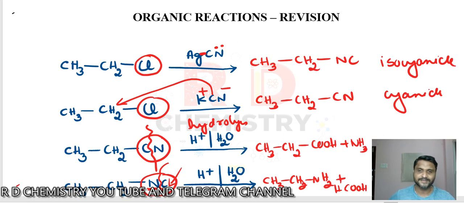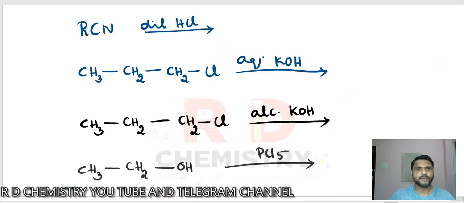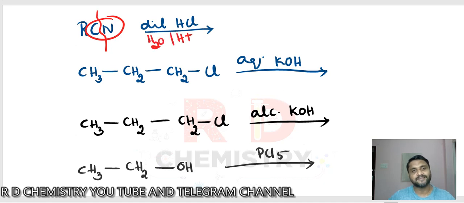Clear? Right? See, here mentioned is dilute HCl and cyanide is there. Cyanide is a functional group. You have to break this carbon-nitrogen bond. When I say dilute HCl, it is dilute water and acid medium, so the acid hydrolysis actually. So what should I get now? RCOOH and ammonia, NH3.